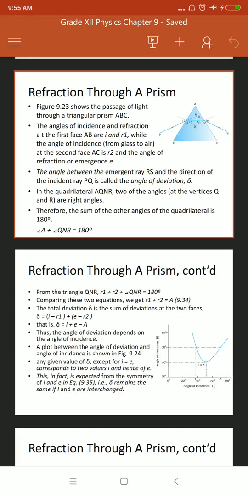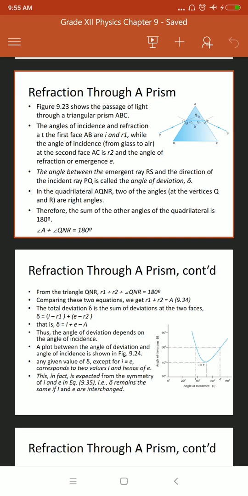This triangular prism is defined in the diagram as ABC. The angle of incidence and the refraction at the first face is defined at AB, through which light is falling on it. It will be incident from that AB side, and R1 is the angle of refraction in the prism. So AB is the surface of the prism on which light will be incident